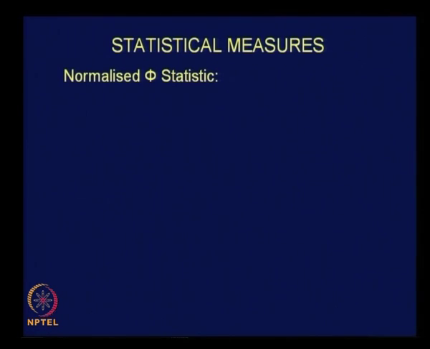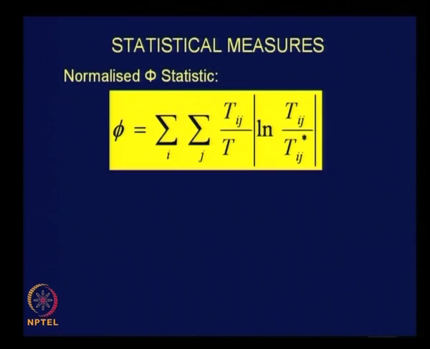I will be just giving you the result. It is up to you to refer to a suitable book and try to understand the theoretical background as well as the related proof. Okay. There is one statistic named normalized phi statistic, and this is the formula to calculate the value of phi,